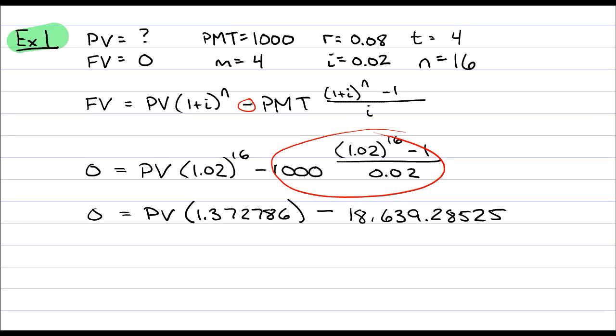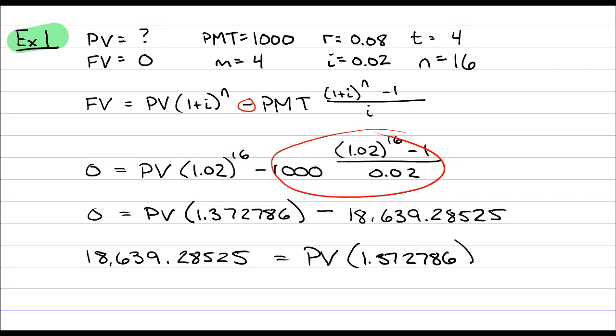Okay. So now to solve for this, I need to move that minus 18,639 over to the left-hand side, and then I'm going to divide by the 1.37 and so on. So I get 18,639.28525 equals PV times 1.372786. Okay, so then I divide both sides by 1.372786, and I find that the present value, or in other words, the amount that the parents have to deposit, is